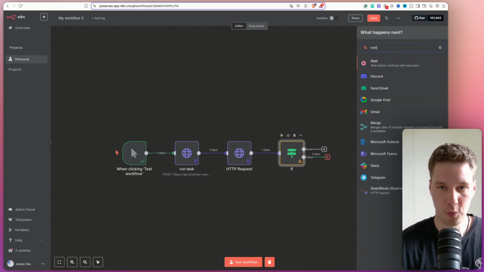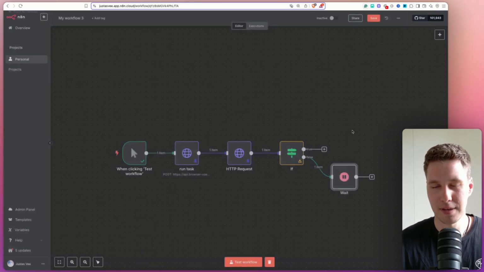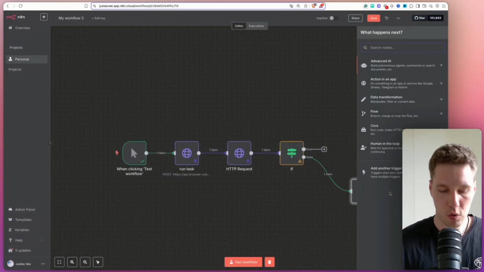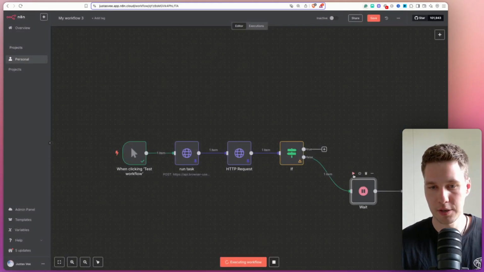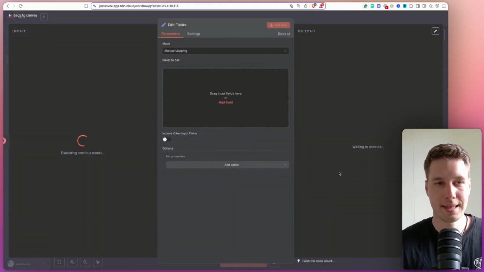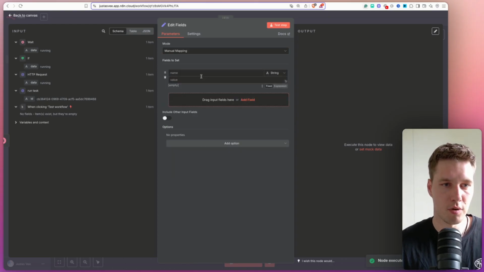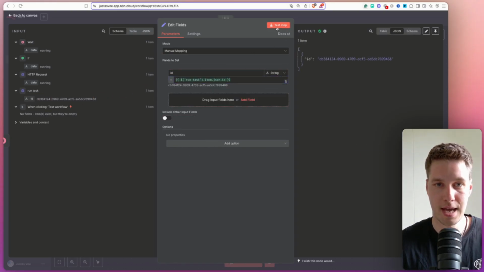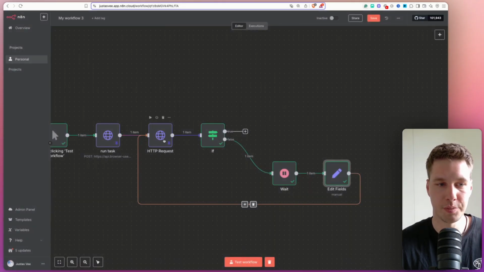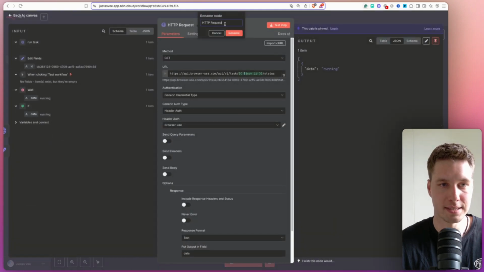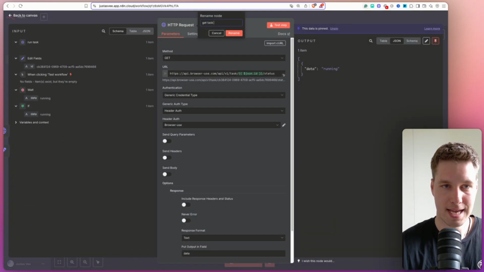So for that, I'm gonna add a wait node, and by default, it's gonna have 5 seconds, so I'm gonna leave that. And also, I'm gonna add an edit node. Why? Because I actually wanna pass the ID of a task. So I'm gonna click on this to run the wait node, and in the edit node, over here, I'm just gonna name it ID, and I'm gonna drag the ID from the task like so. That means we're gonna have the ID. And over here, I'm just gonna loop it back to the HTTP request, which we can rename to get task